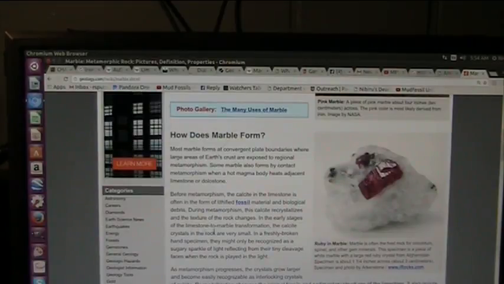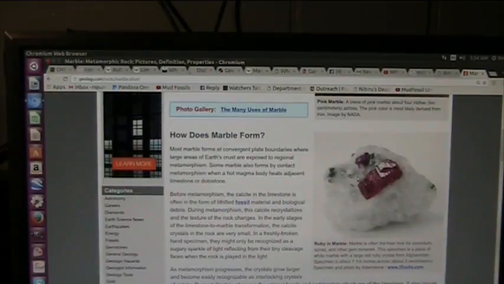And look at over here, look at this. This is right here, ruby and marble. Marble is often the host rock for corundum, spinel, and other gem minerals. That's right, because the gem minerals are metals and the upper end minerals that are found in the body, in the bodily fluids. Garnet is a bodily fluid. Rubies are from bodily fluids. Pyrites are from bodily fluids. And what happens is they have metal seeds in them that don't sublimate like all the rest of the organic stuff. So they end up staying within the